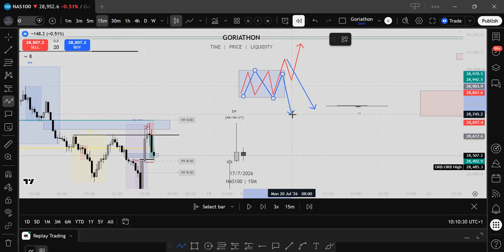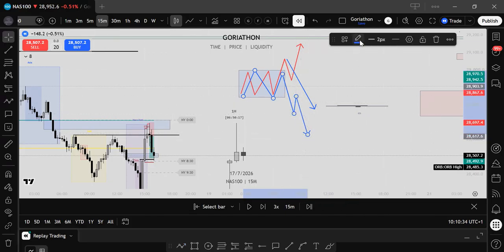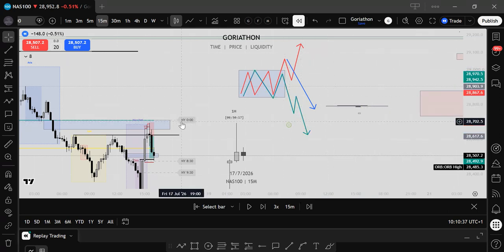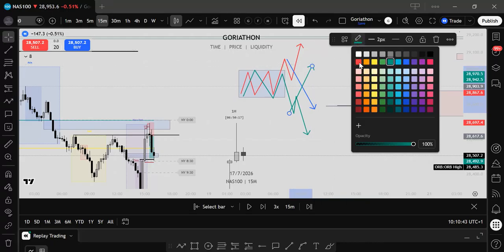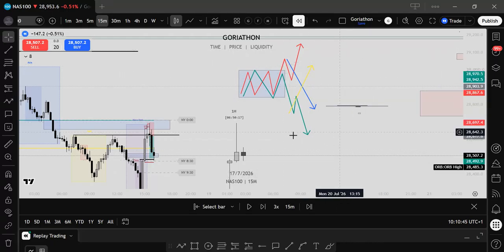If it pushes like this, you've got that, or you've got this, right? So it all depends on key levels, timing, as well as session volumes, highs and lows,